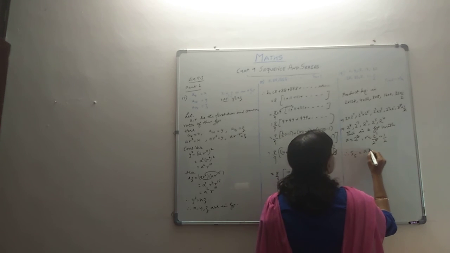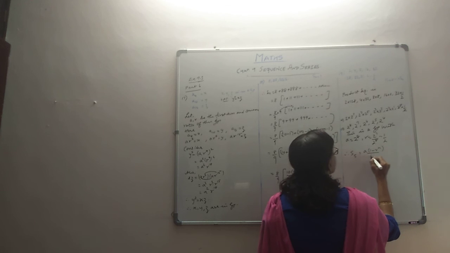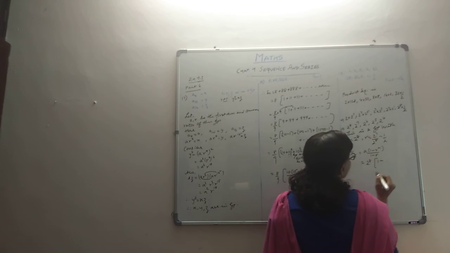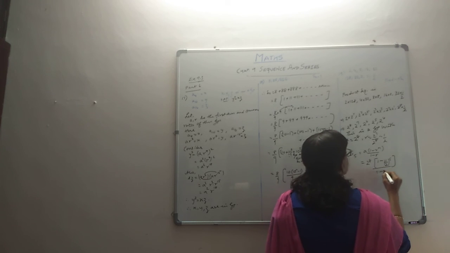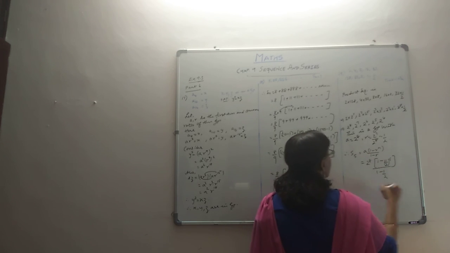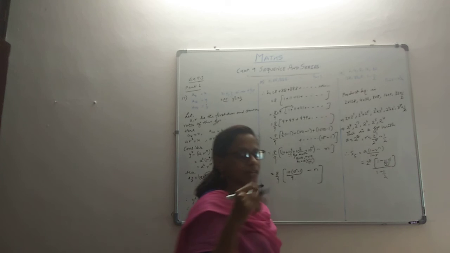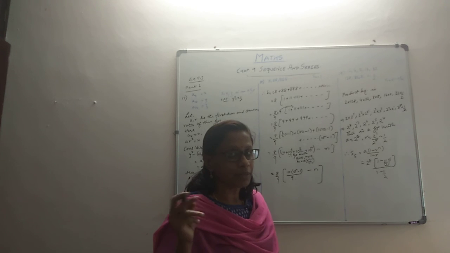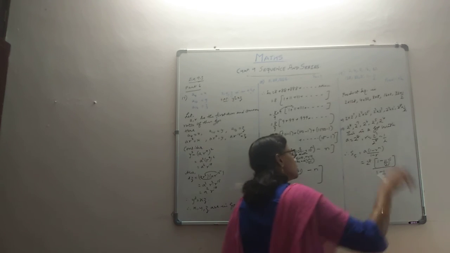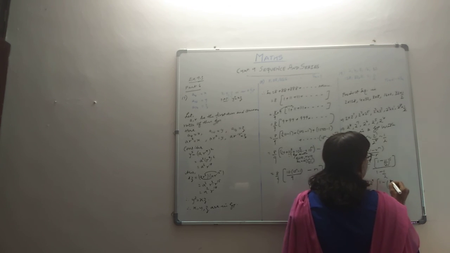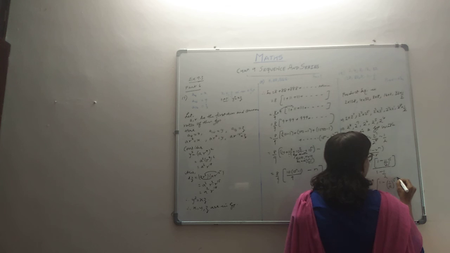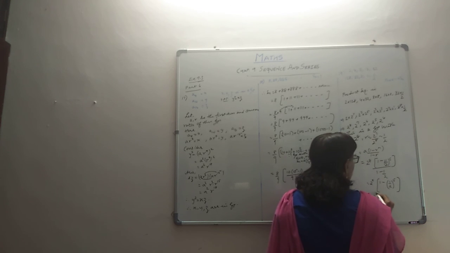So it's A into 1 minus R raised to n by 1 minus R. We're using the formula: 2 raised to 8 into 1 minus half raised to 5 by 1 minus half. 1 minus half is half, and dividing by half means multiplication by the reciprocal. So that half will go up and become 2 raised to 9. So you'll have 1 minus half raised to 5. So what will come? 2 raised to 9